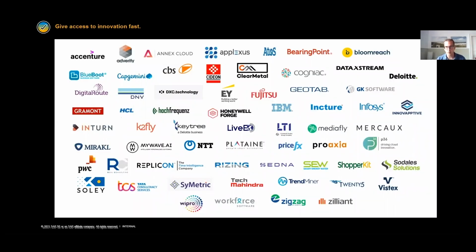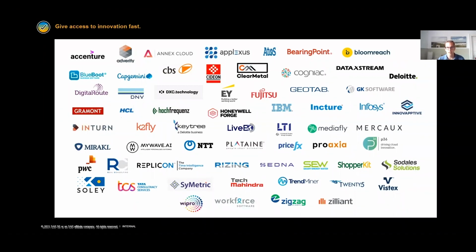But one thing that I also emphasized already is the special role of partners. And this is just an example that we shared at Sapphire 2021, outlining the partners that are already part of SAP's Industry Cloud by contributing industry cloud solutions. And there are, as you can see, independent software vendors. There are some service partners, global service partners in there, some known long-term partners, but also very new, nimble startups